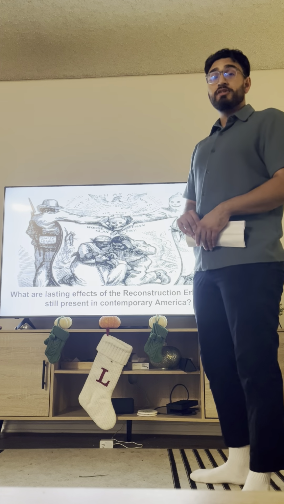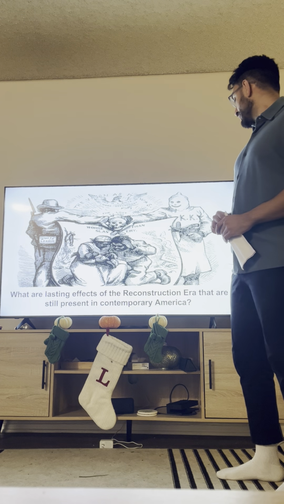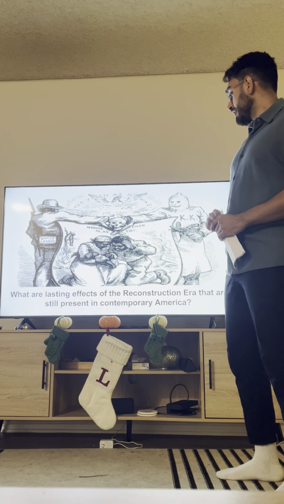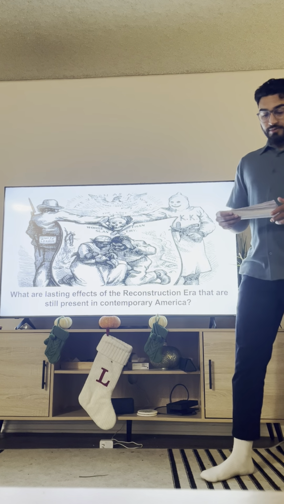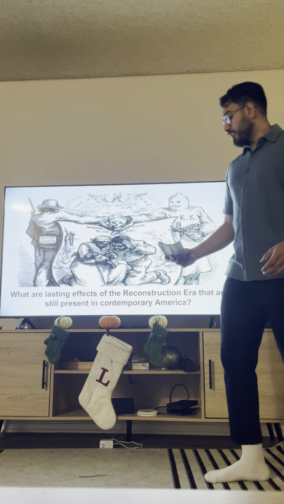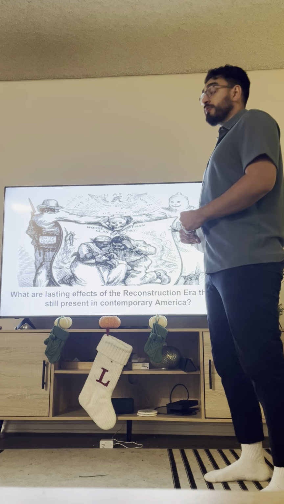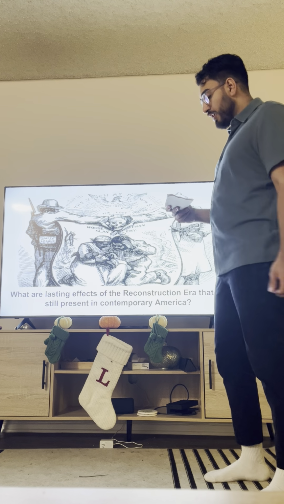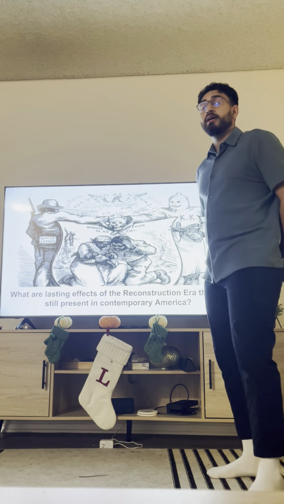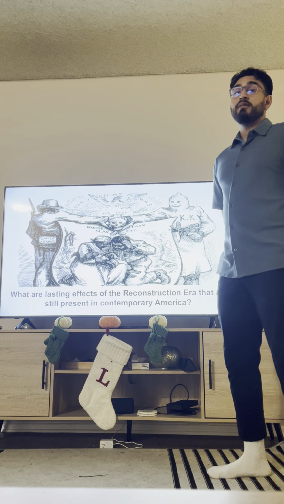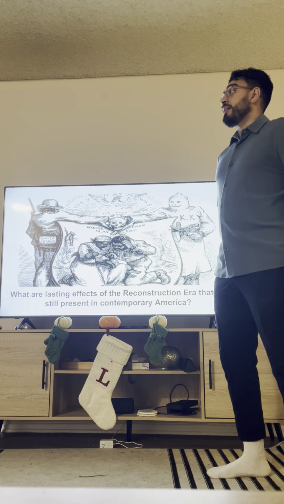My historical question for the research project is, what are the lasting effects of the Reconstruction era that are still present in contemporary America? Specifically, I'm going to be focusing on Black Codes, the rise of the KKK, and the Jim Crow law era, and how these events have led to modern day issues that we have today, like police brutality, for example, employment discrimination, and